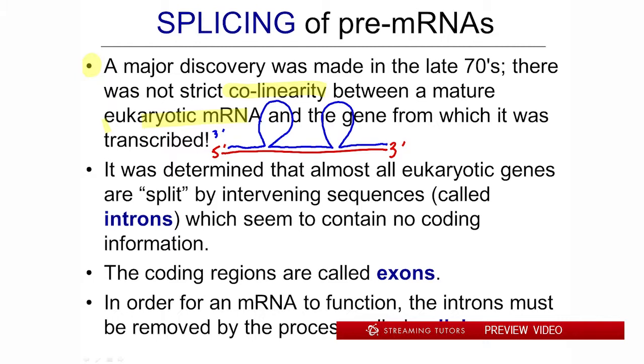Okay? And the interpretation of the experiment was that these loops, obviously, so blue is DNA, red is RNA, that the DNA that was present in those loops, for whatever reason, did not make it. The sequence information in those loops did not make it into the mature messenger RNA. So what's now widely known and understood